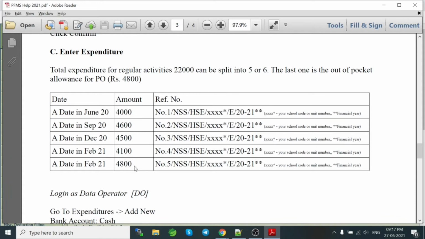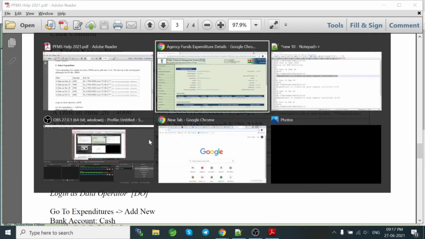Once the amount from NSSL reaches the PFMS account, I'll be able to enter this 4,800, the last entry also. So I'd like to enter all the 4 expenditures here.